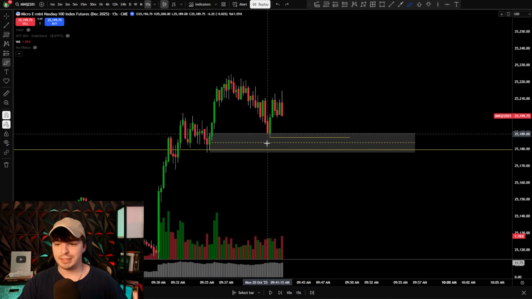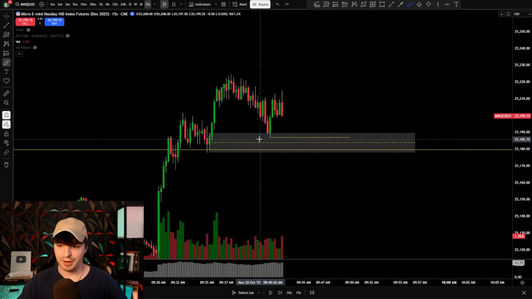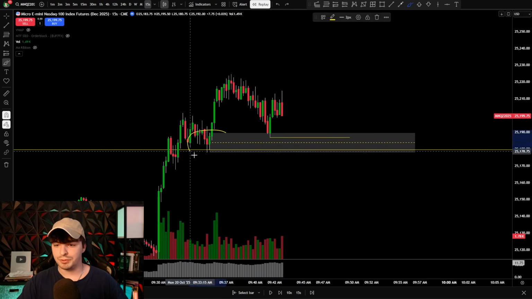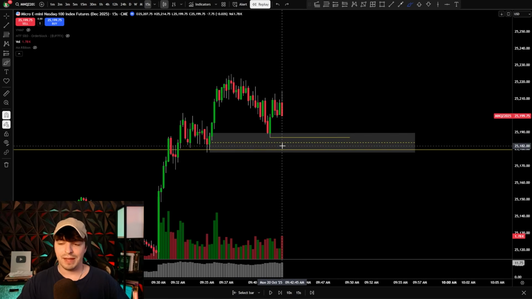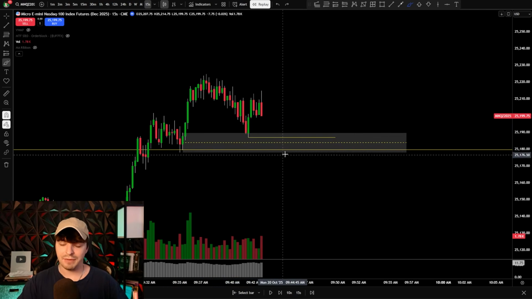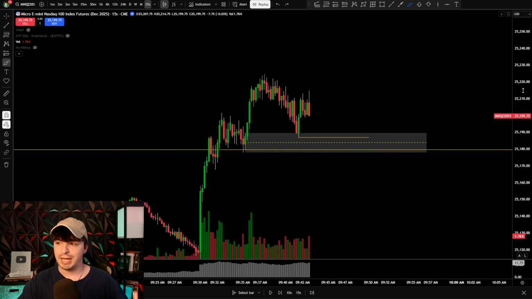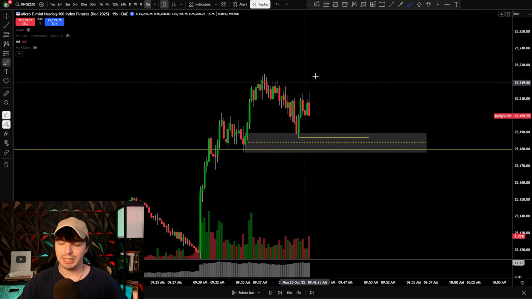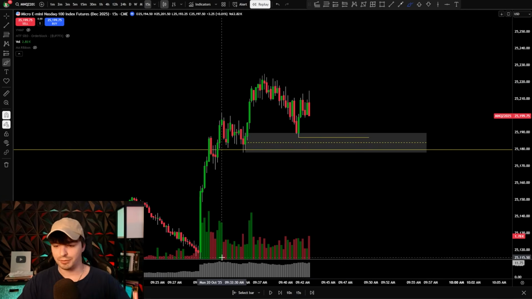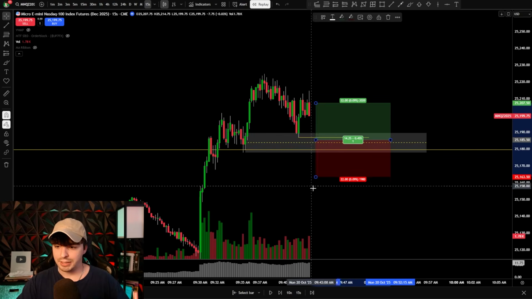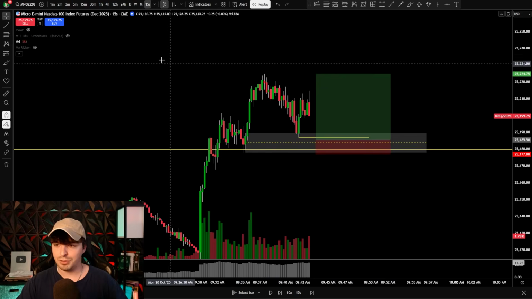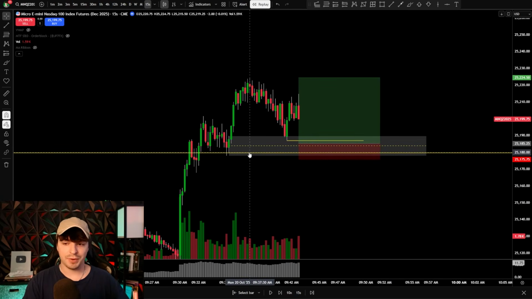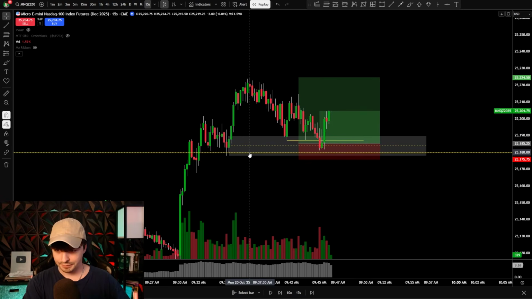I call it an order zone because it's an area where the most amount of orders are likely to be sitting. You have stop losses beneath this low, and then you also have that demand that's still sitting there, and so it's just a high probability area. So now I have everything aligned. I have a long, I have a buy signal above that hourly high, and I know that I can safely assume we're going to continue higher up until that 4-hour chart. So on this day, I took a long down in here, stop loss below this low, targets to the high, right? Because we think it's going to keep going higher. And so now we are not fighting the trend whatsoever. We have everything aligned. And so let's play it forward and see what happens.